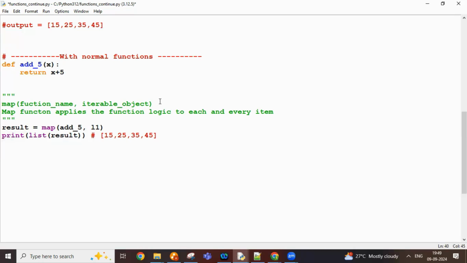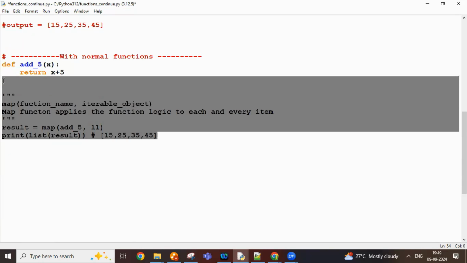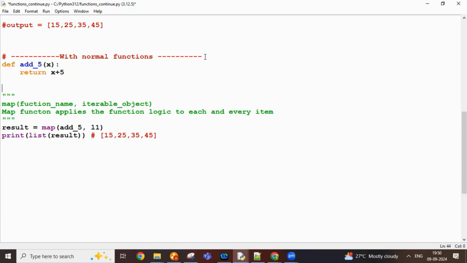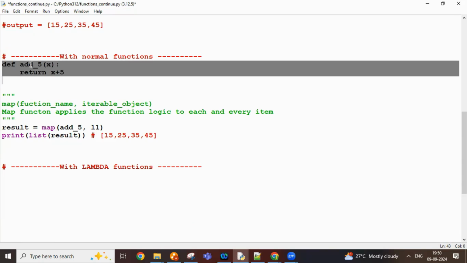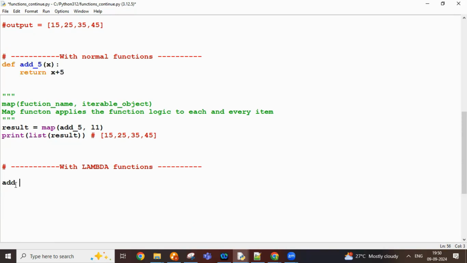Okay. Next one is, if you want to do it with Lambda functions. So guys, previously we have seen how we can do this. So how we can write a Lambda function for this. So how can this be written? add equal to